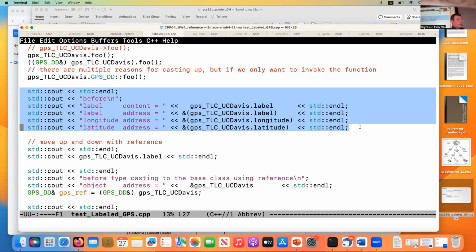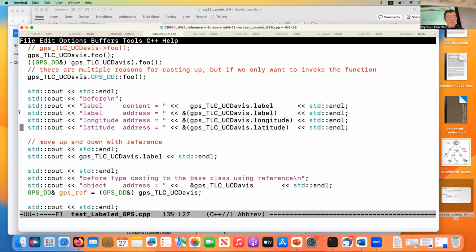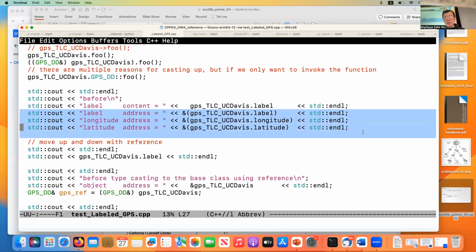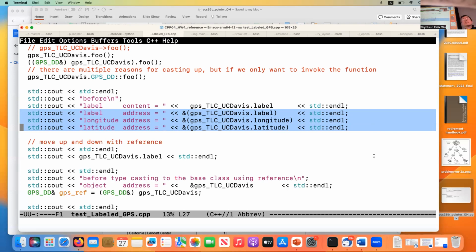Some of you might be able to look at the code if you're familiar with C programs. Can someone tell me what these 3 lines of code, not the first line, are doing? Yes, please.